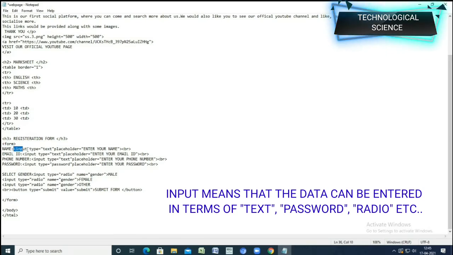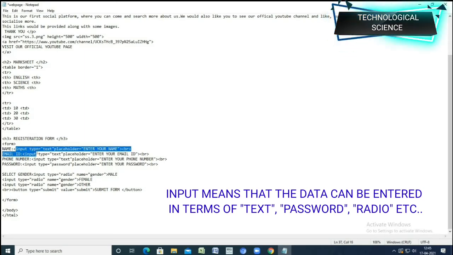And then to create a registration form, the input means what type of input value you would be inserting in the place of name. Like you can insert any password. So password, as you can see here, if I type here password, anything which I write here would come in dots. So basically it's a keyword to give to the website which type of data I am entering, which type of data will be entered in the name, in the email ID, in the phone number, in the password.